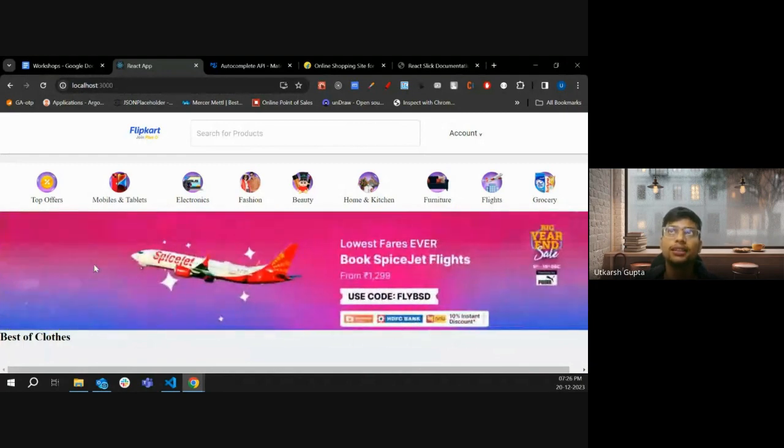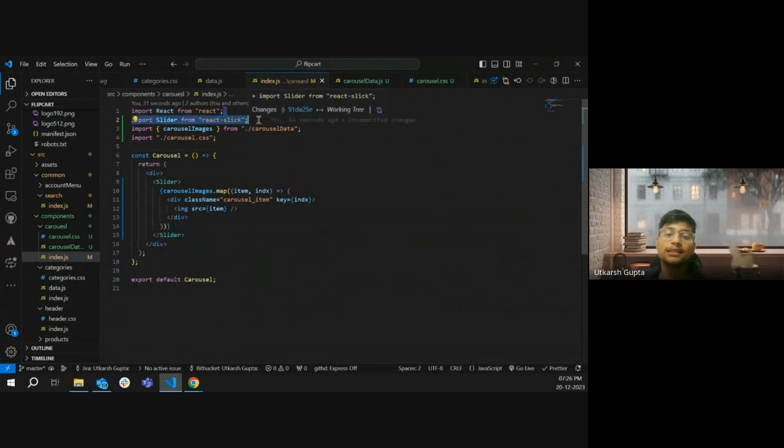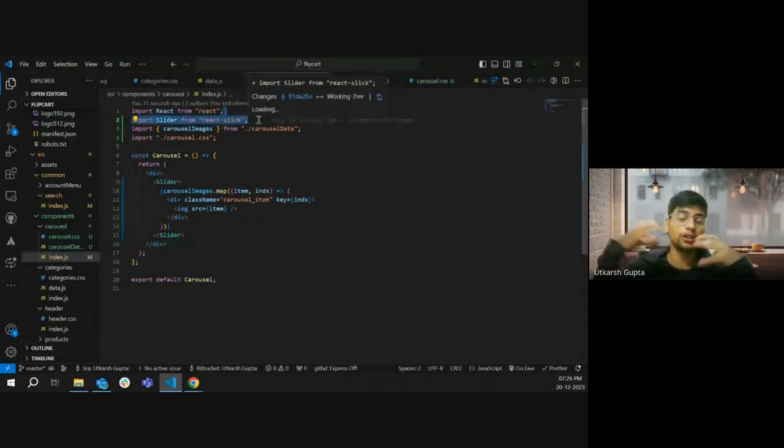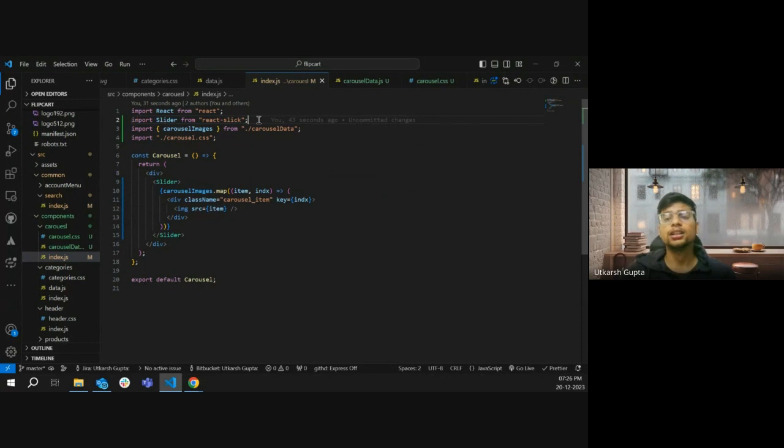How we created the slider, let me revisit again. We installed this dependency called React Slick. It has some caveats, in that it includes a lot of code in your project. What is the alternative to it? It's very simple to create the slider. You just need to